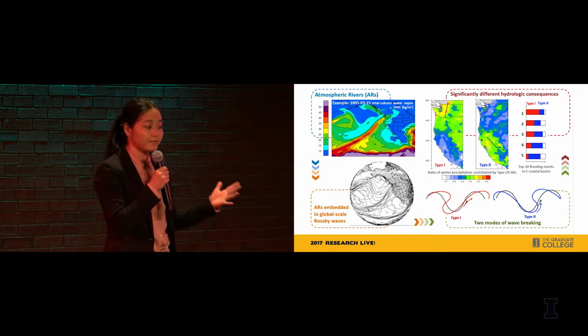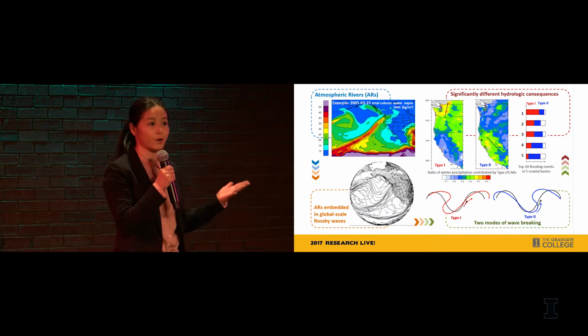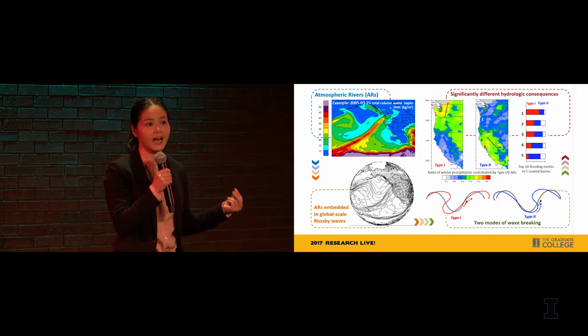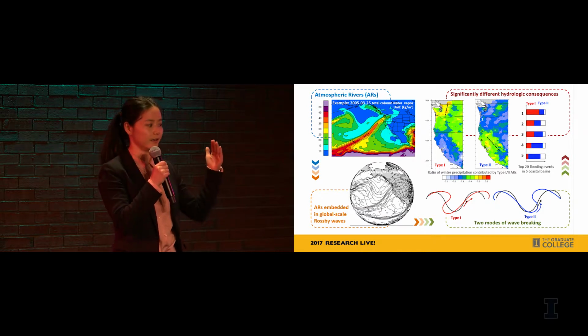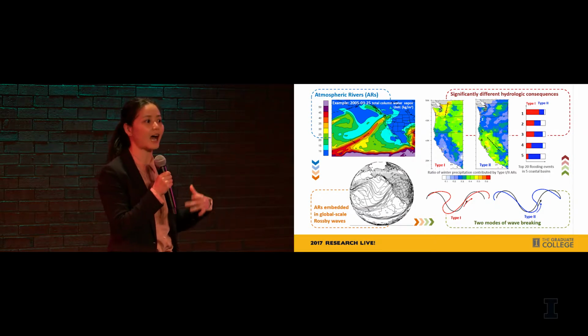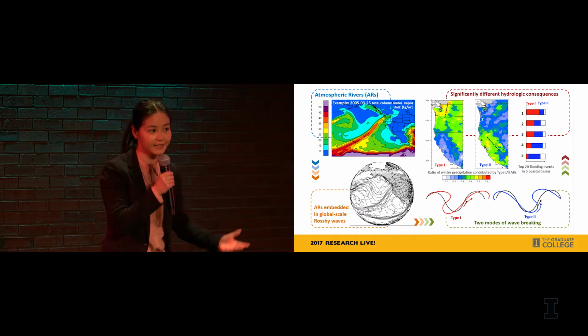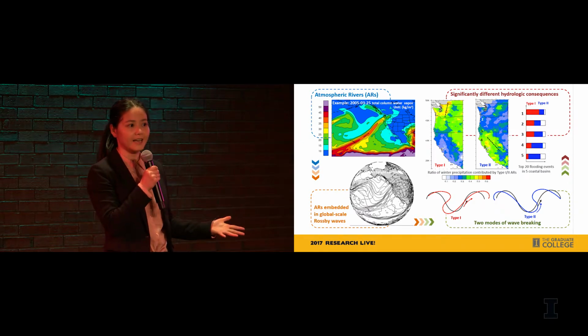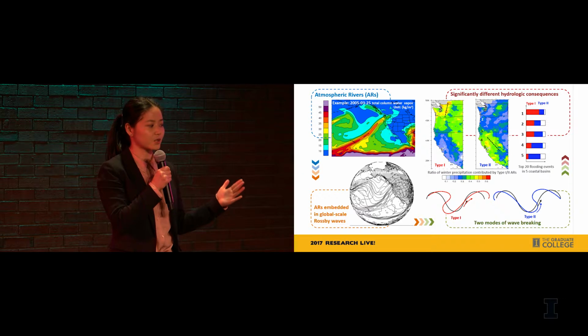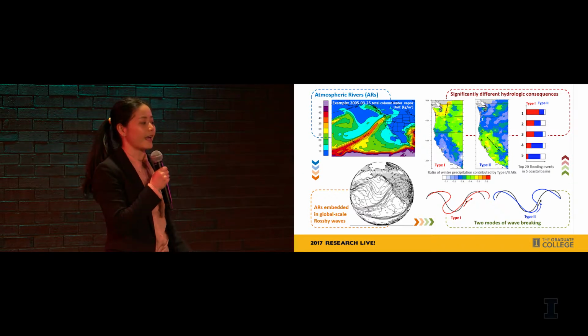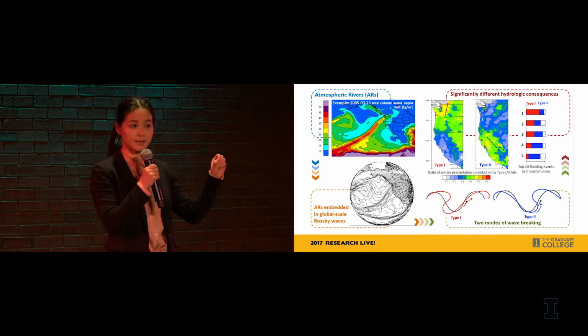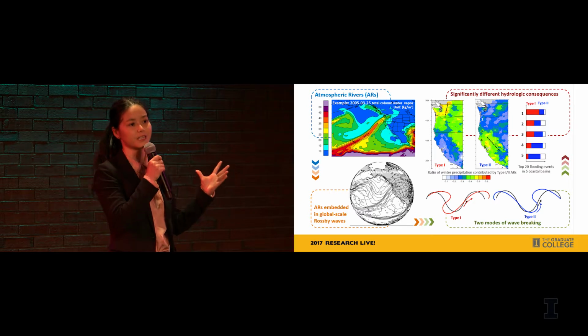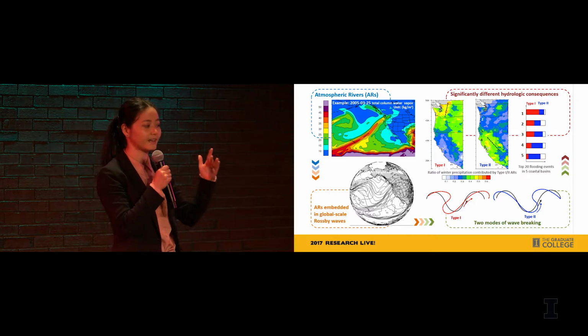What I found is that these two types of wave breaking determine how these ARs arrive at the coast and how strong the impact would be. For type 1, it changes AR directions towards more eastward. And when they hit the northwest coast, they tend to produce heavy precipitation there because they are hitting the Cascade